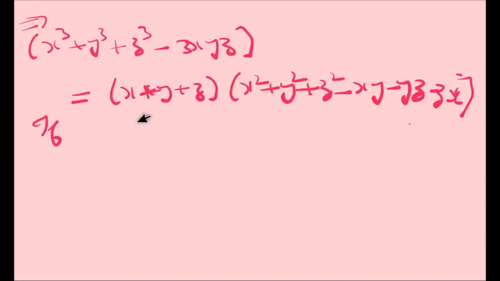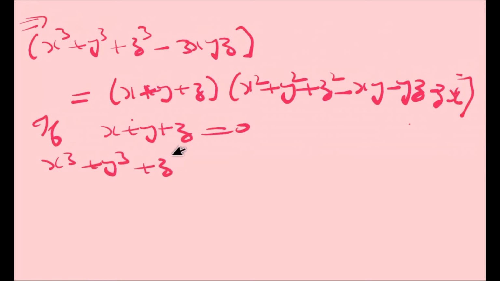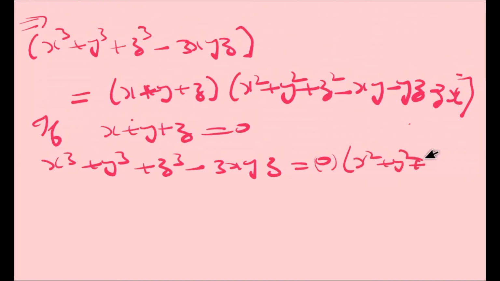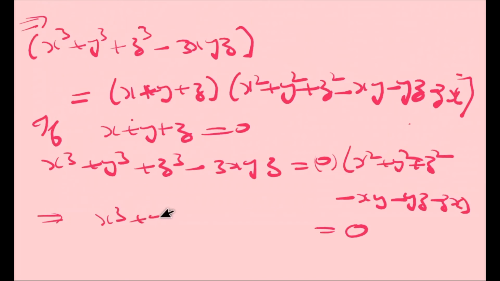Now if x plus y plus z equal to 0, then we get here x cube plus y cube plus z cube minus 3xyz equal to 0 into, since this bracket is 0, into this x square plus y square plus z square minus xy minus yz minus zx, means this whole bracket is 0 multiplied by 0. So your new formula is, if this is 0, then x cube plus y cube plus z cube minus 3xyz,